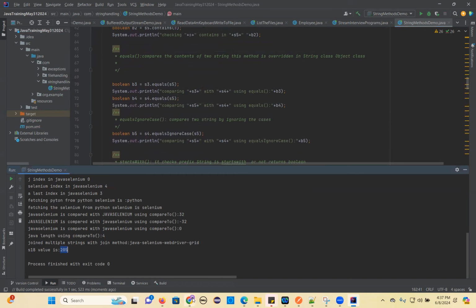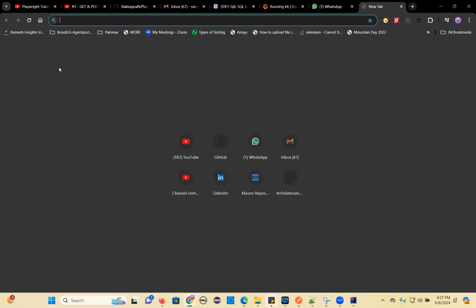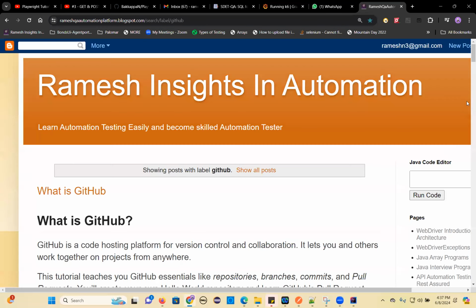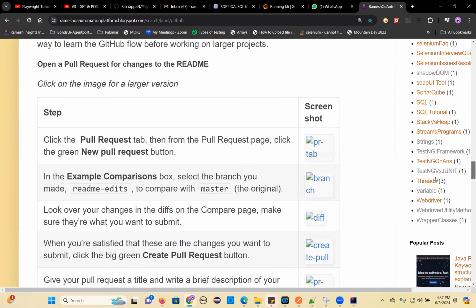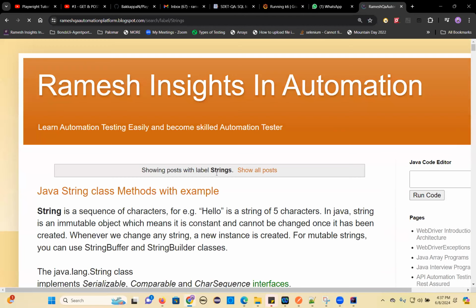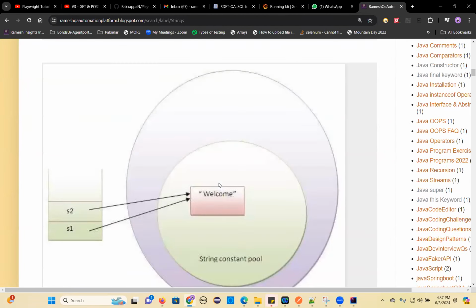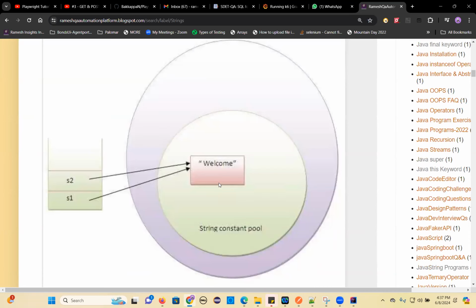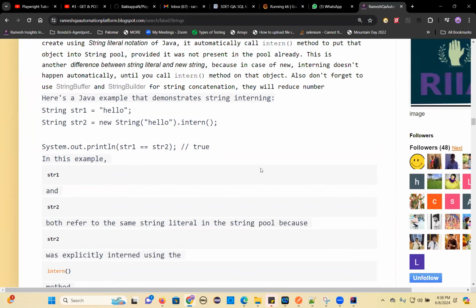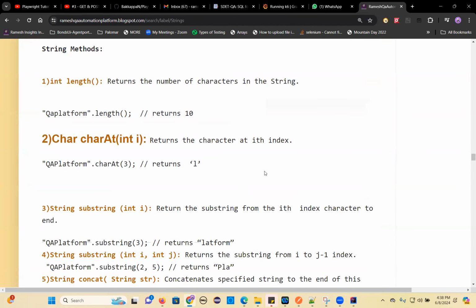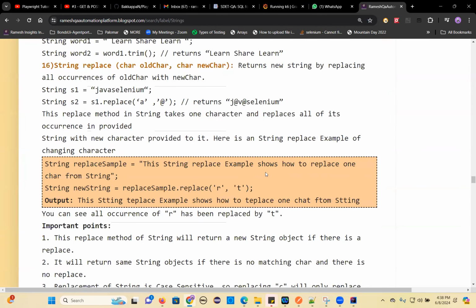So let's go and discuss one more concept. What is the difference between the next class, the StringBuffer class? StringBuffer class we need to discuss. StringBuffer is a synchronized class. Basically, it is used to create mutable strings. Mutable strings means you can create a modifiable string. The same string you can modify, so it won't create another object. So that is the purpose of this